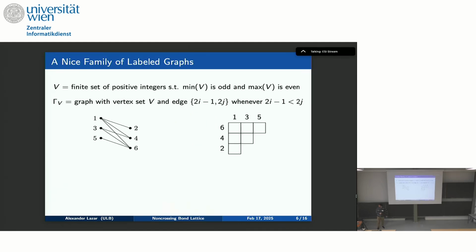Okay, so now I want to move to the Ferrers graphs, which I promised in the title. So a Ferrers graph, there's a bunch of different definitions. I think the easiest one is you take a Ferrers diagram of some partition. It's bipartite on the rows and the columns, and there's an edge whenever there's an incidence between a row and a column. So for example, here, if I label the columns 1, 3, and 5, and the rows 2, 4, and 6 in this slightly odd, but it turns out useful way,